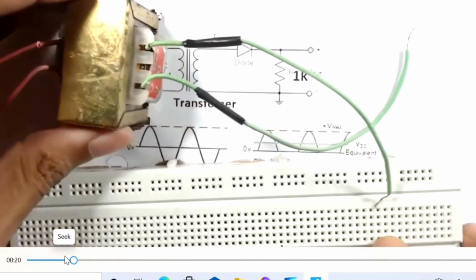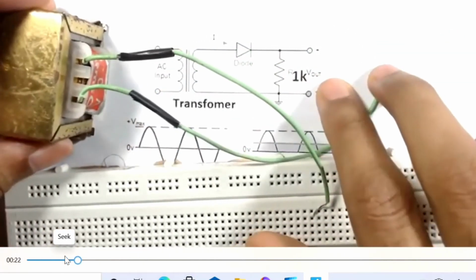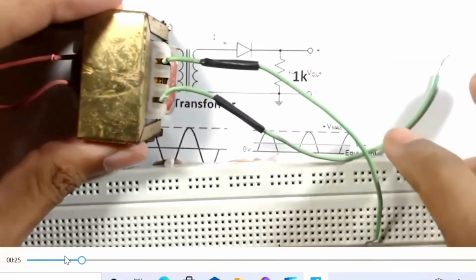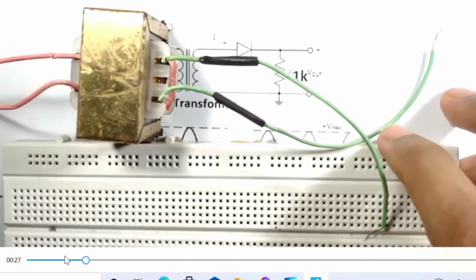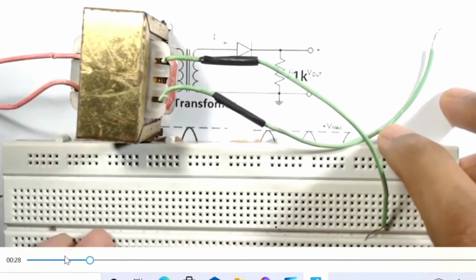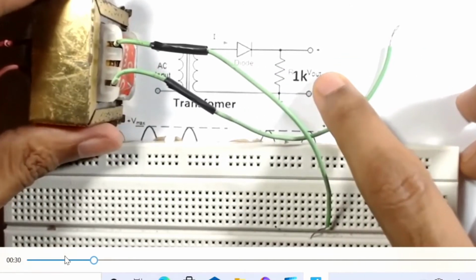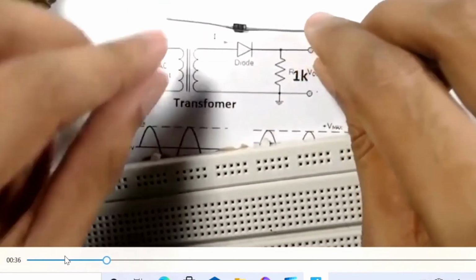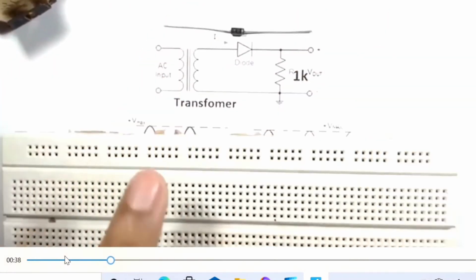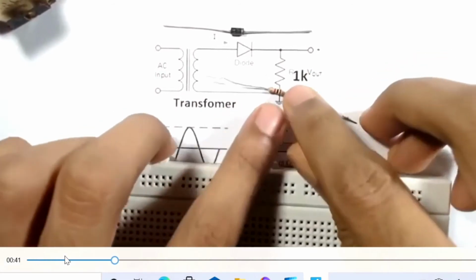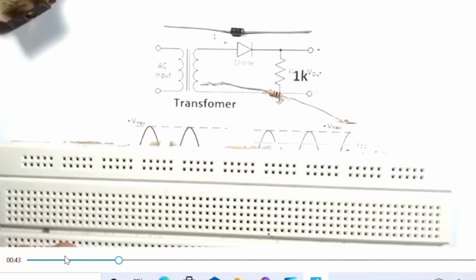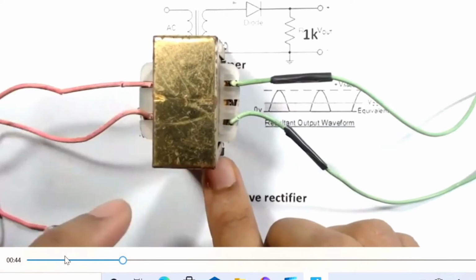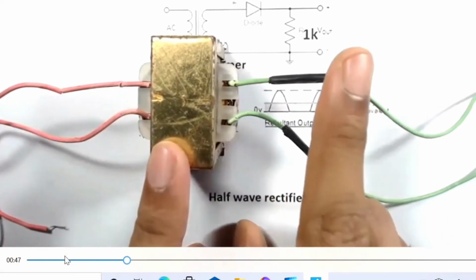See, this is a transformer. The right side is the secondary side, where we give the supply to the electronic side. Then the electrical supply is given through the left side. Okay, well and good. We'll see how to connect the things. This is a diode 1N4001. The black side on the left is the anode, and on the right side we have a metal strip. That is the cathode.